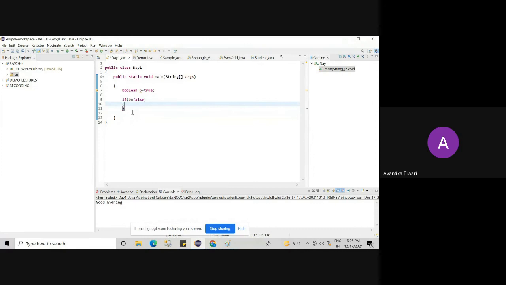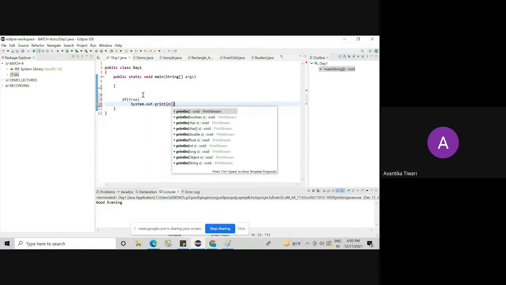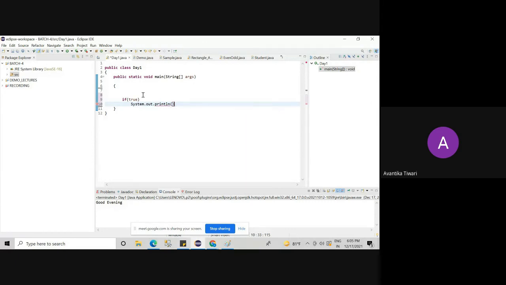So I am writing if this is not required. I am writing if true, then System.out.println, System.out.println hello.